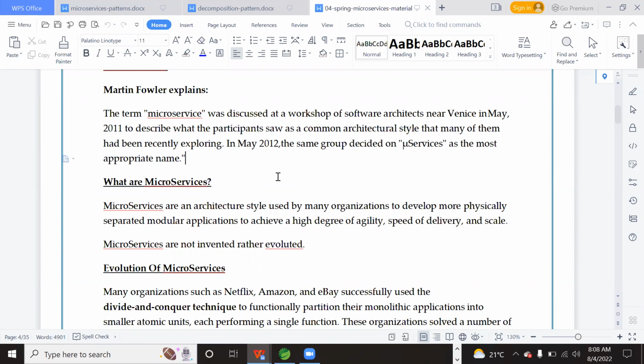So in that architects workshop, Martin Fowler asked a question to all the architects: what are all the problems you are facing in your application, and what are all the solutions that you are applying to resolve those problems?